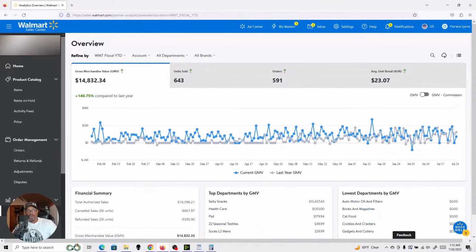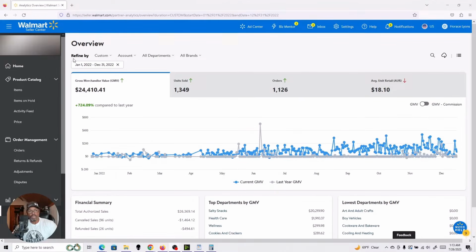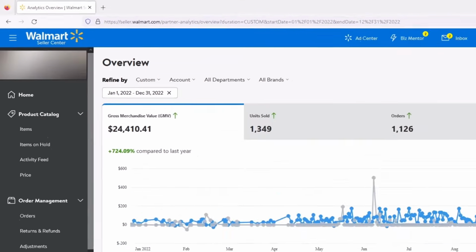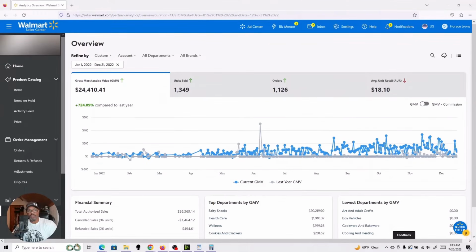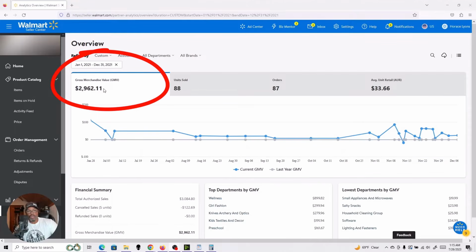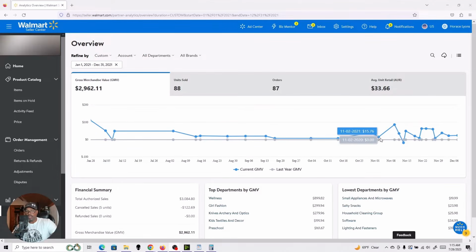Now watch, we're going to go custom because we're going to look at last year. So I'm going to change the dates. Okay, so look at, we changed it for the whole year for 2022, and we did 24,000. Now we're going to look at the previous year. And you can see we only did about 3,000 for the whole year of 2021. That's when I really just got started. And you can see where it was pretty flat, and then all of a sudden it started around here. But you can jump pretty good though once you get started.